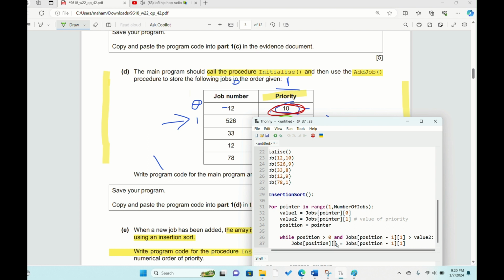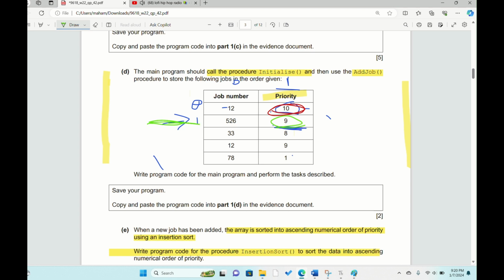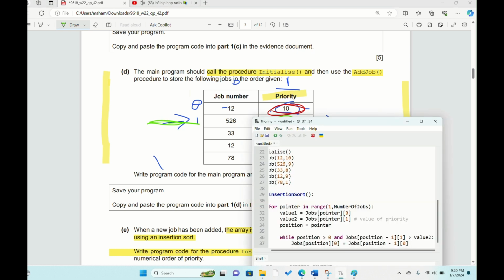First I'm going to do the 0 one, just to be in order. So now this value goes here, and this thing was already being emptied because we stored it in value 1 and value 2. That was the point of making these two variables, value 1 and value 2, because now we have this empty space, so we can eventually store this. Okay, and then we do jobs